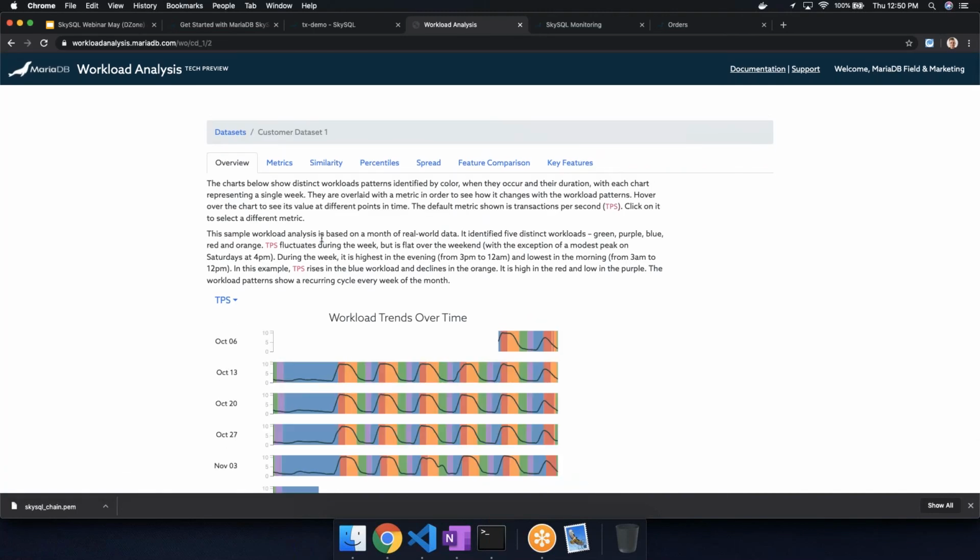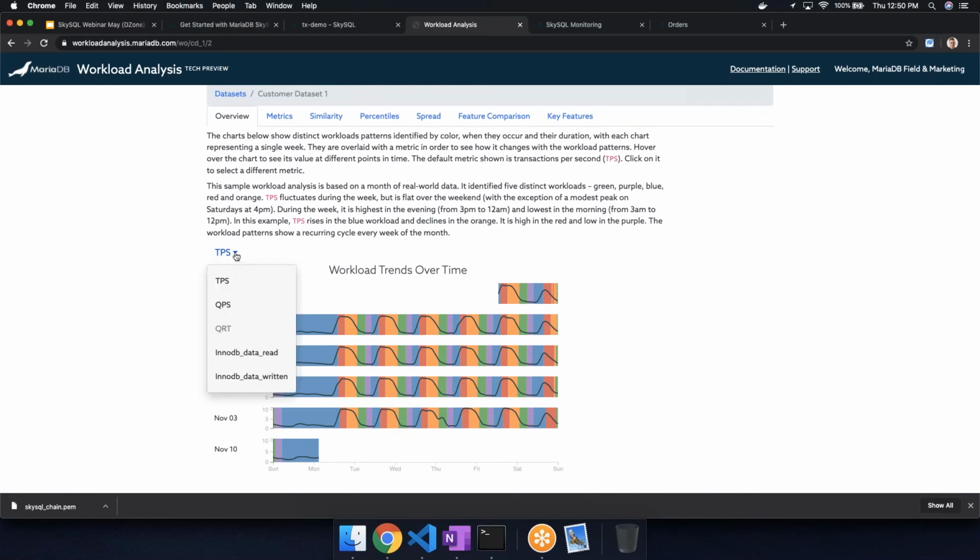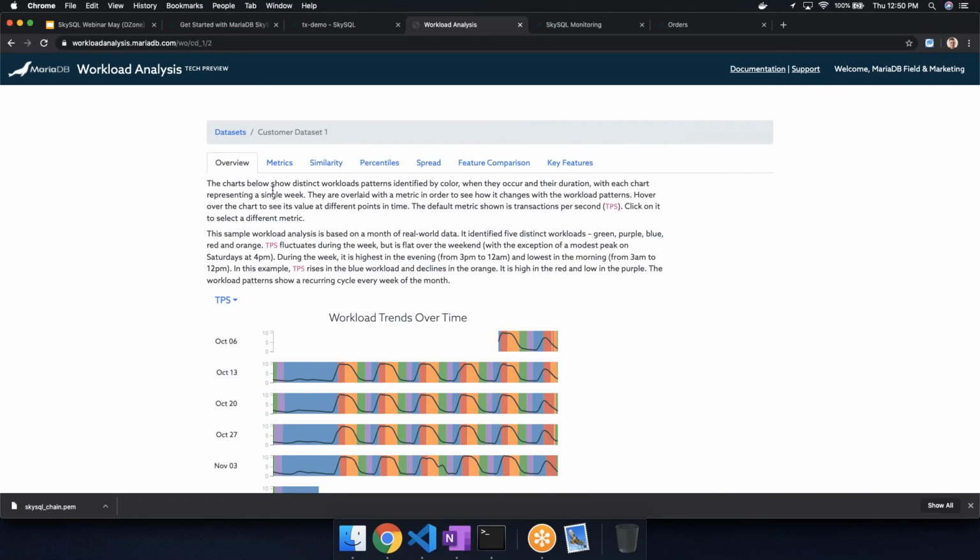And just a quick overview, if you take a look down here, we can take a look at things like transactions per second, queries per second, and we can start to see that patterns form throughout the week. And these color codings actually tell us that certain workloads, right, as we have the hover over here, certain workloads are happening at certain times of the week, certain times of the day, and we can really start to dive into how